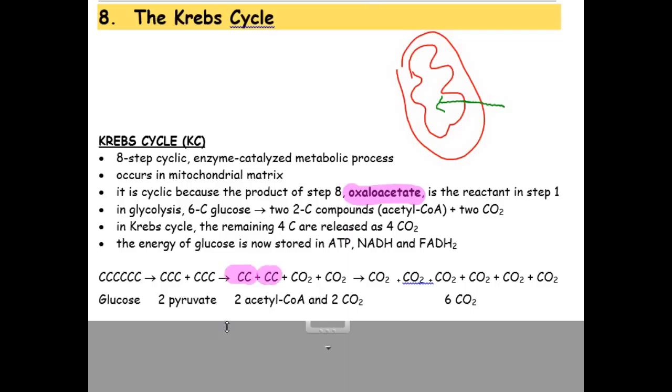Here are my acetyl groups. This acetyl group right here is going to become 2 carbon dioxides. And then the second acetyl group is going to become 2 more carbon dioxides. And then, of course, these guys are just the same CO2s as I had before. Okay, so that's how my accounting is going to work with my carbon atoms from beginning to end of the